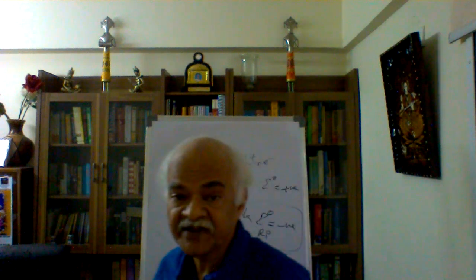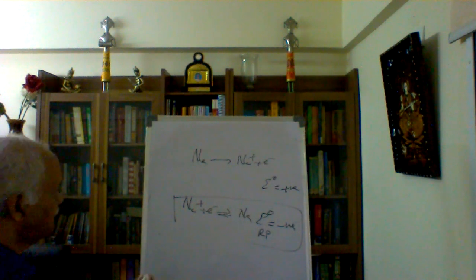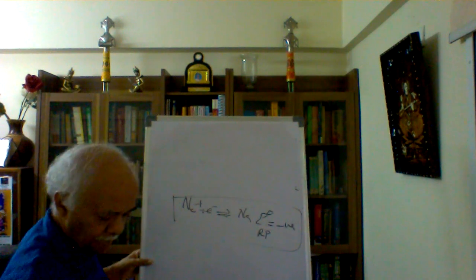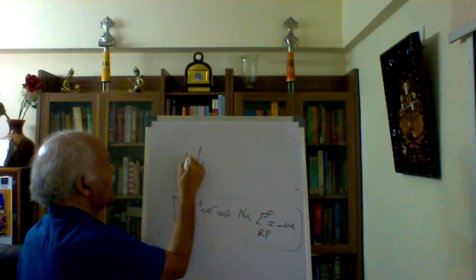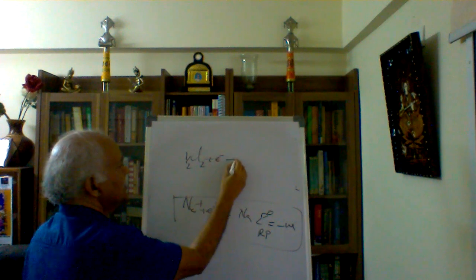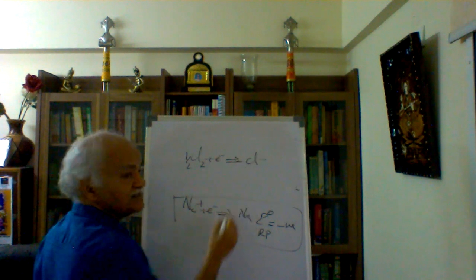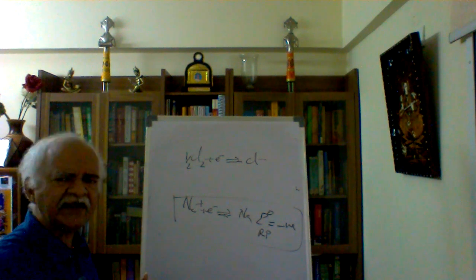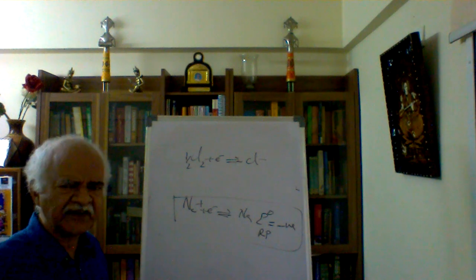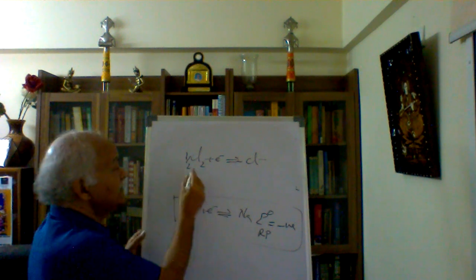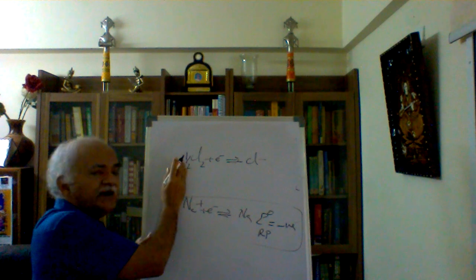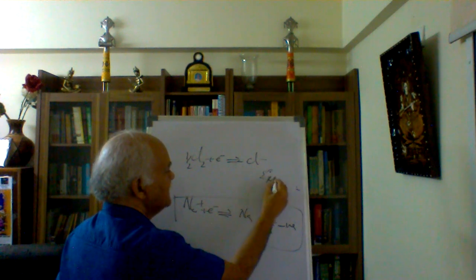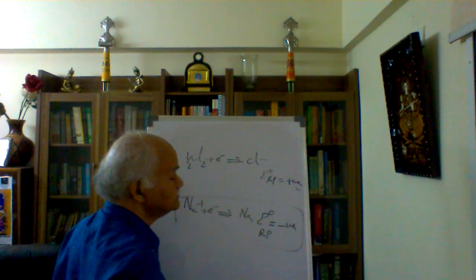Now, what is the other half of the reaction? That is chlorine. I am writing here Cl2 accepting an electron to form Cl minus. I think this takes place on its own. Chlorine molecule will definitely take up the electron on its own. I need not struggle for that. Therefore, if the gradient is like this, the electron is automatically moving to this, it has a positive gradient. Therefore, what is E naught RP? E naught RP will be positive.